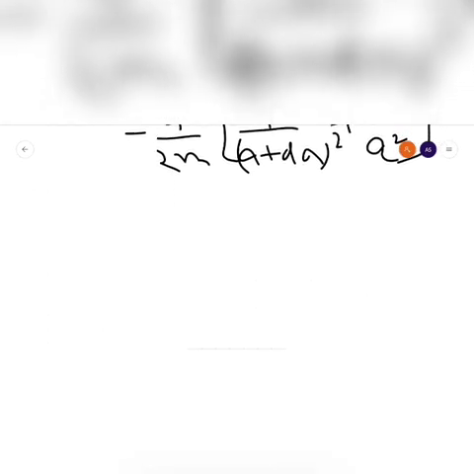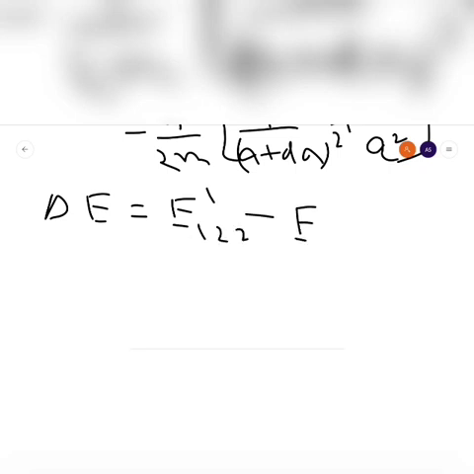Now the energy difference between the two new states, delta E, is equal to E122 dash minus E212 dash. You will get the answer 3h square by 2m